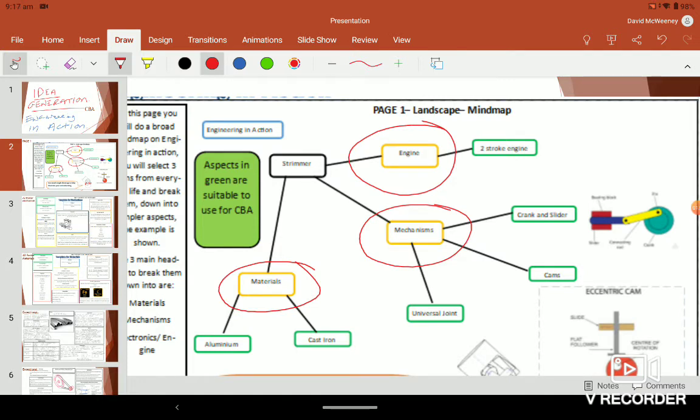They could be based on a strimmer, could be based on a car, could be based on anything. Like you could do one on a bridge if you wanted to, and then talk about how it's reinforced with steel and all this. Okay, again, completely open-ended. So what you need to do in this page here is,